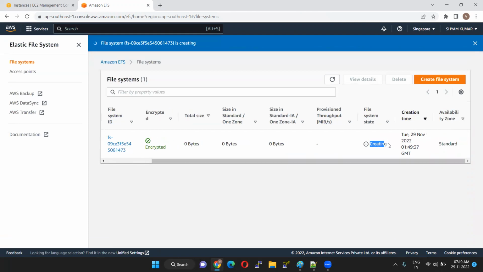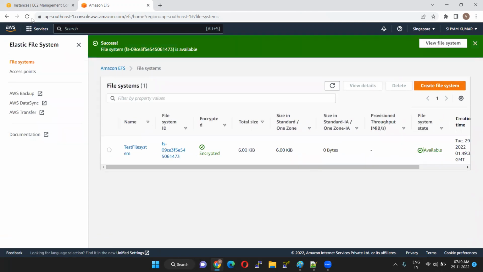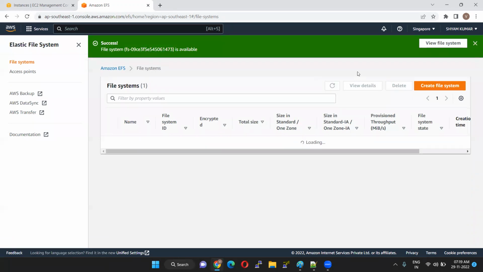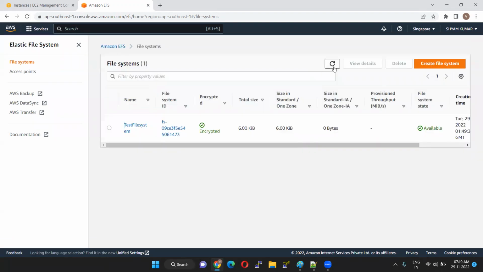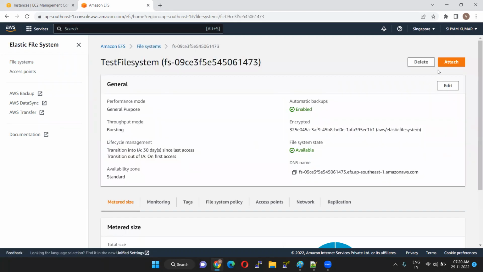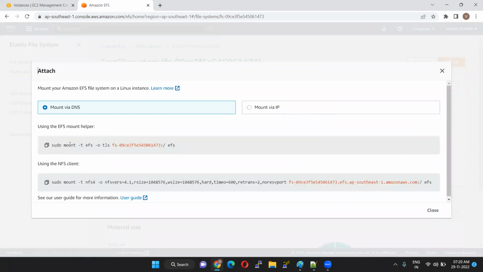It's creating. Okay, now the file system is available to use. So how to use this one? Just click on the file system name or FSS, click that file system name. If you want to attach the file system, click on the attach button. So this command we need to execute, using the EFS mount helper. This command we need to execute in our server. Okay, so copy this and paste in your